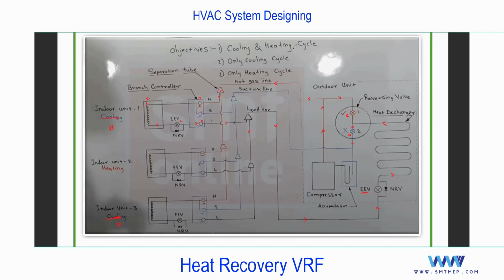Next, now we'll discuss how the system can be used for cooling and heating simultaneously. This is interesting, and this is why we call this heat recovery. You see, for example, room 1 calls for cooling, room 2 calls for heating. So cooling means the heat extracted from this room can be utilized to provide heat to room 2, for example. So what we are doing is recovering, utilizing the waste energy in the other space. So that's the reason we call this system what? Heat recovery